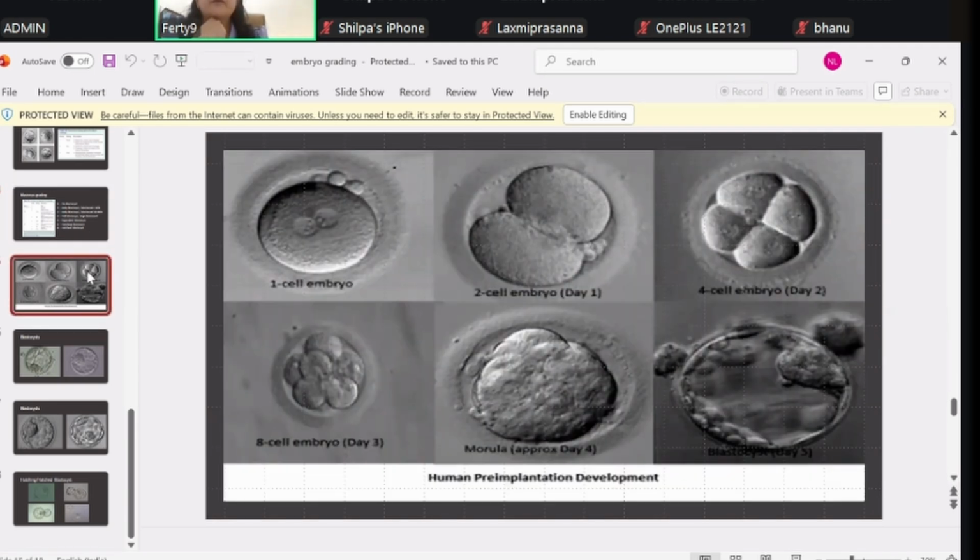Day 3 embryos generally we don't transfer now. We do all cases till day 5 cultures. All our cases are day 5 blastocyst cultures. There are many advantages of planning a day 5 or blastocyst culture. The only thing is, with proper planning and proper counseling, if any arrest of embryos happens and that is taken care of, then day 5 transfers give much better success rates than day 3 transfers.